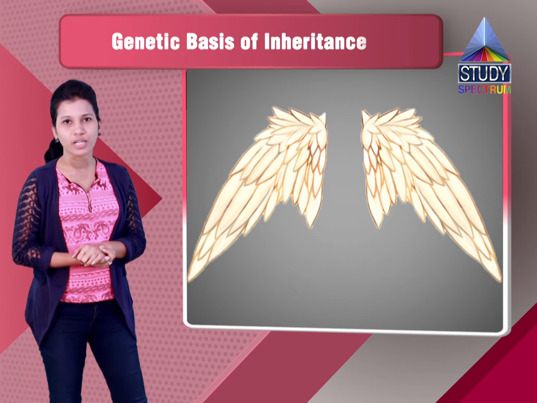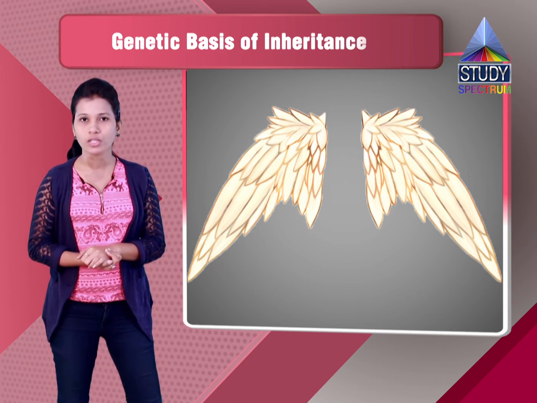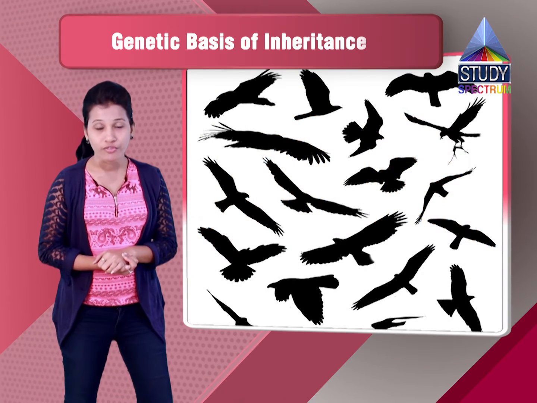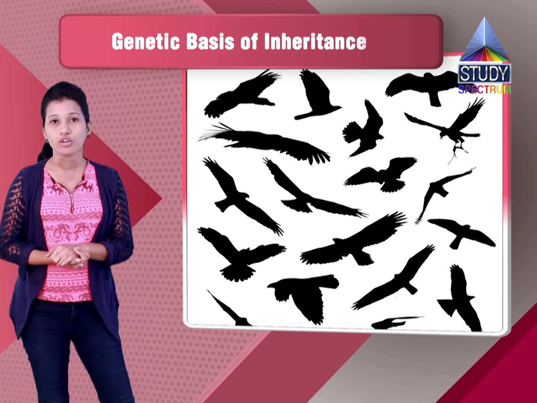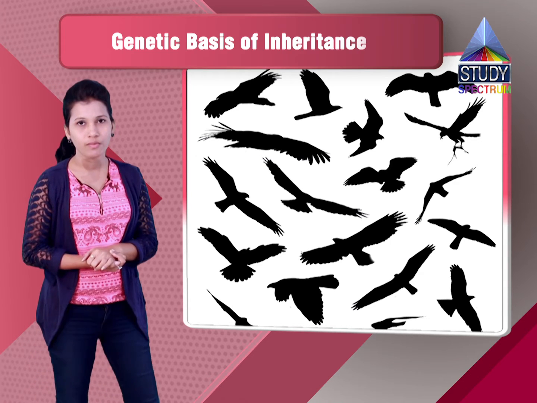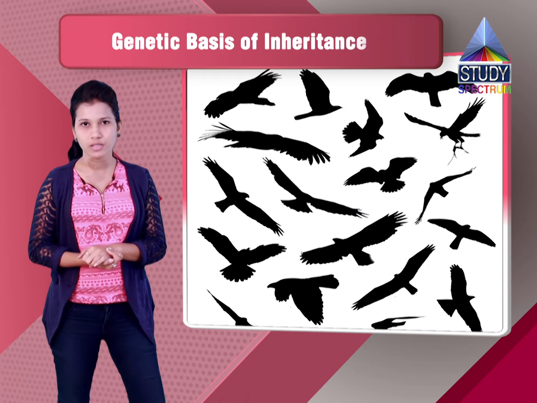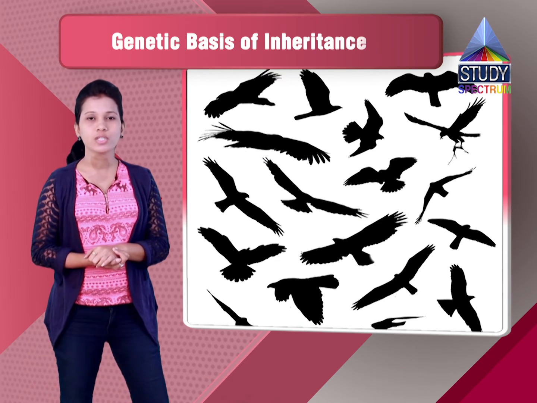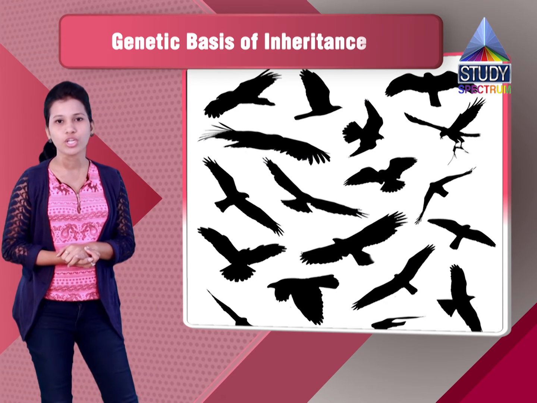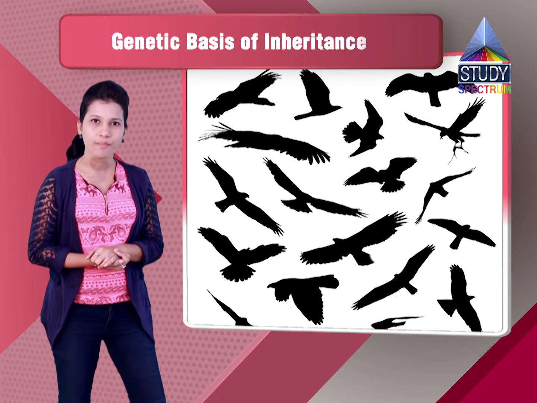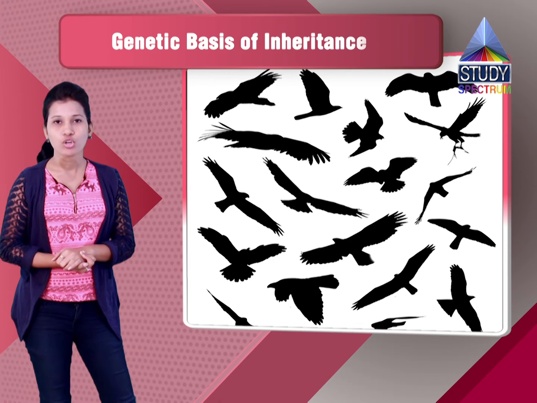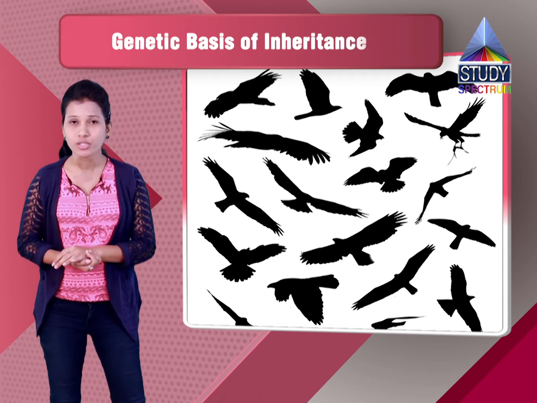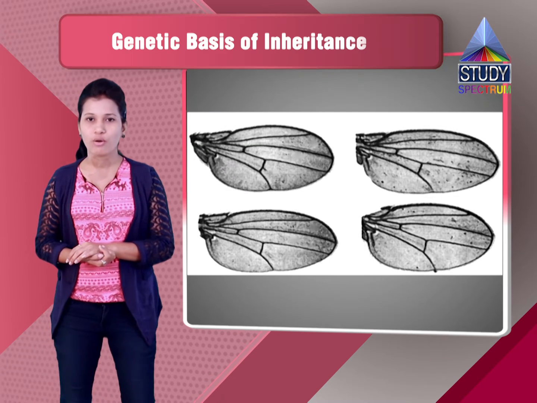So these are all the different types of genes which will be seen on the different types of wings of the Drosophila. Again I'll repeat, the normal wings will be having the genes as VG plus. If the wings are naked, it will be having VGNI. If the wings are notched, it will be having VGNO, and if the wings are strapped, it will be having VGST. For the vestigial wings, it will be VG. These are all the genes which are seen in the Drosophila wings.